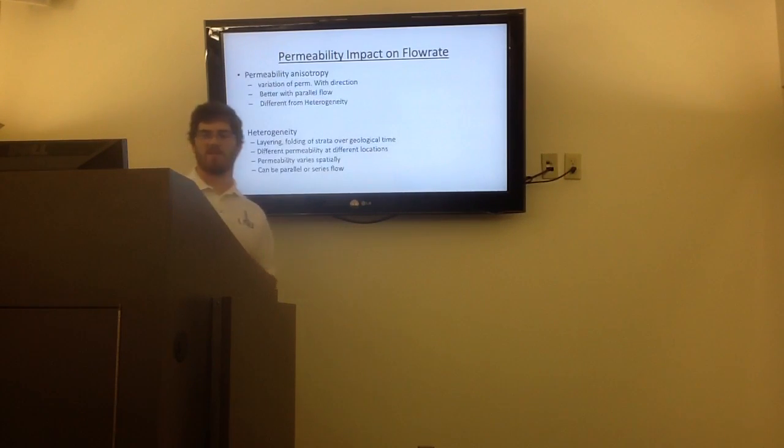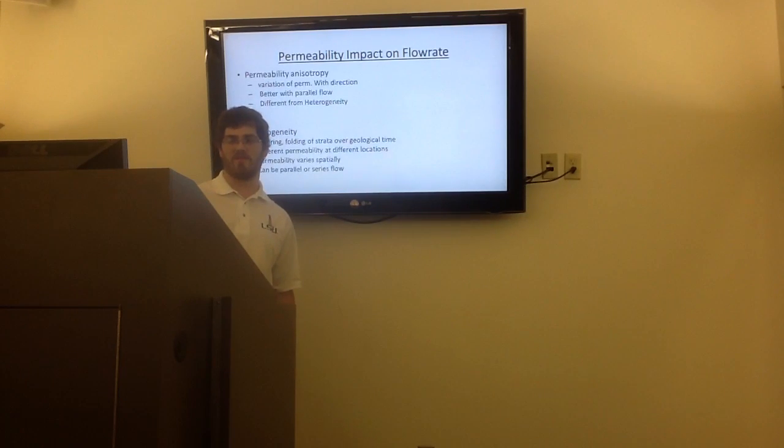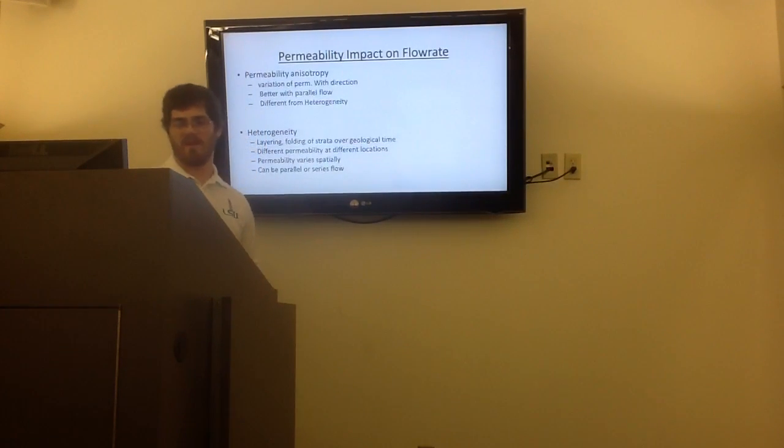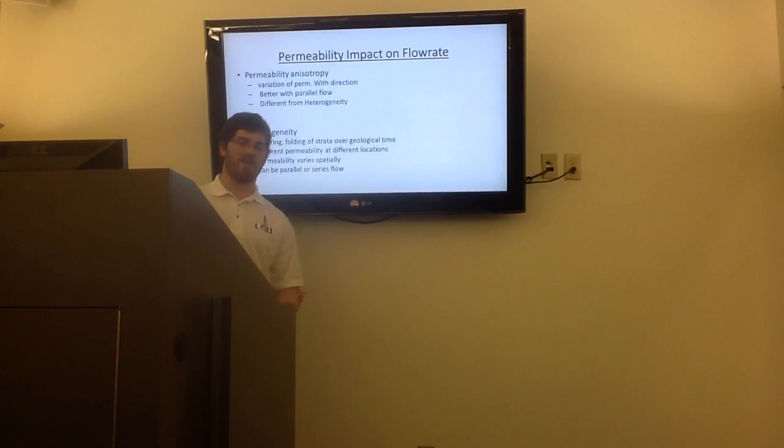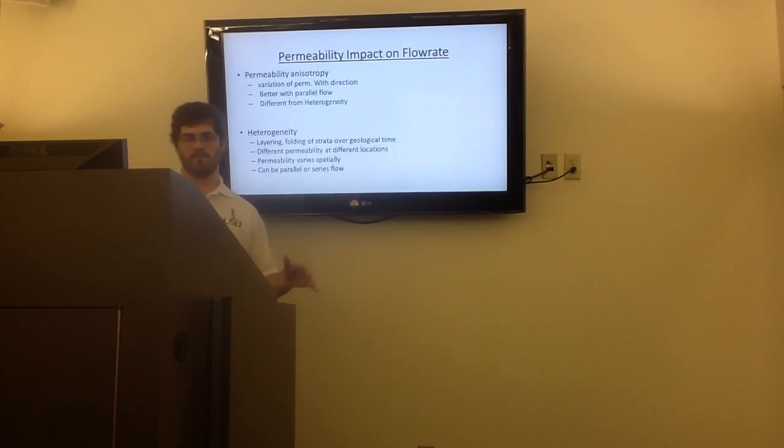So here's anisotropy again, and like I said, permeability varies with direction. Better parallel flow, and a good example would be fluid traveling up a tree. You can't have fluid going against the grain, perpendicular to the grain. It's better to go parallel with the grain. And it's different from heterogeneity. Heterogeneity is basically a compaction of the Earth's strata. You're going to have different permeability in every part of the strata you're looking at,